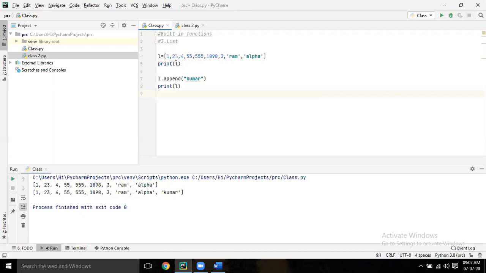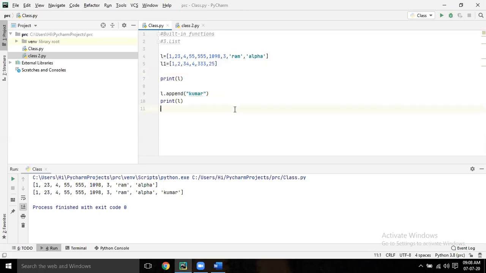Create another list, L1 equal to, and keep something, 1, 2, 3, 4, 5 or whatever. That's it. Okay, now come down.